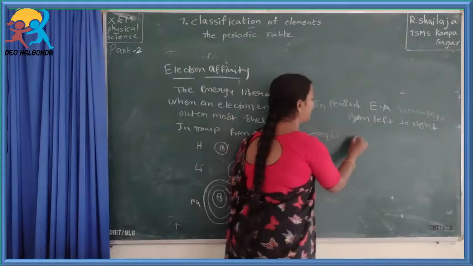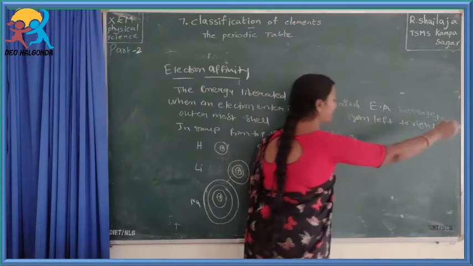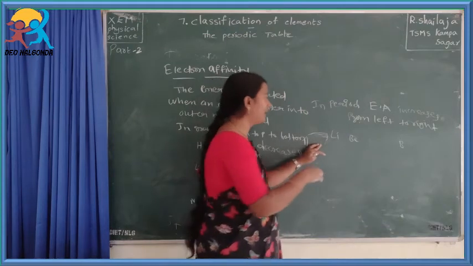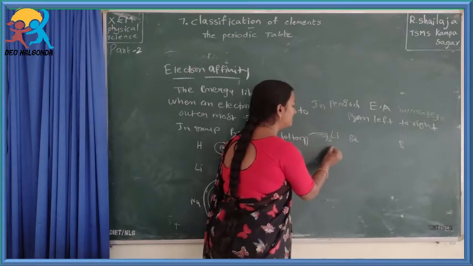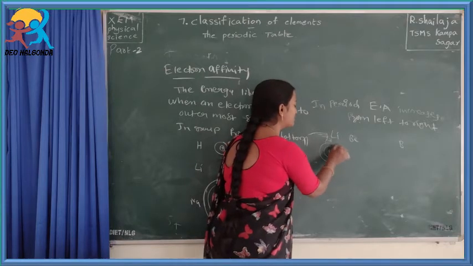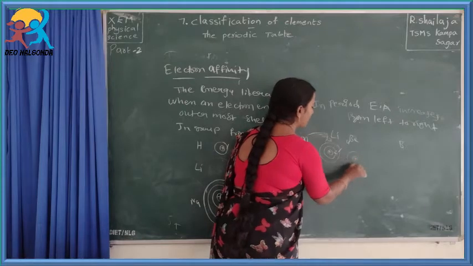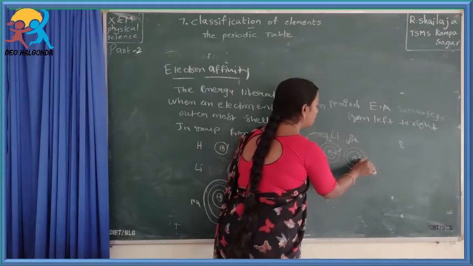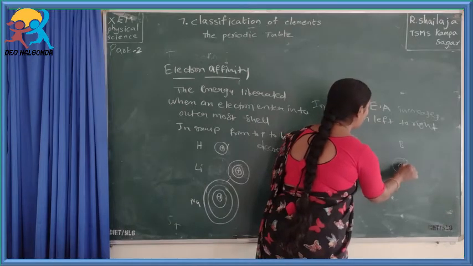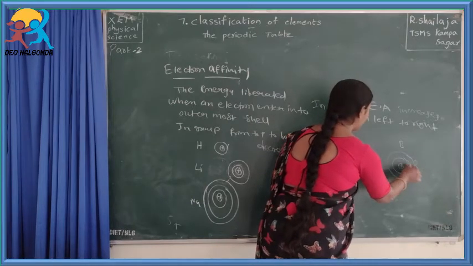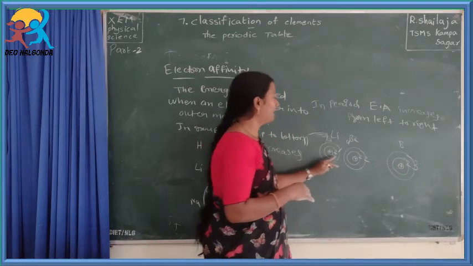Why? Because here lithium, beryllium, boron, carbon, nitrogen, oxygen are all in one period. Lithium has 3 protons, with 2 electrons in the first shell and 1 electron in the second shell. Beryllium has 4 protons, with 2 electrons in the first shell and 2 in the second shell. In boron, the first shell has 2 electrons and the second shell has 3 electrons. So here the distance is the same, the size is the same only, but